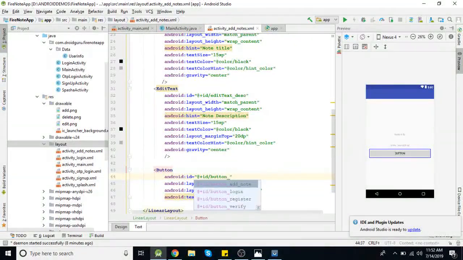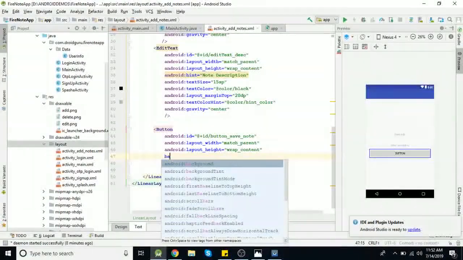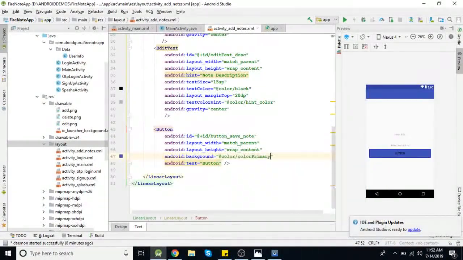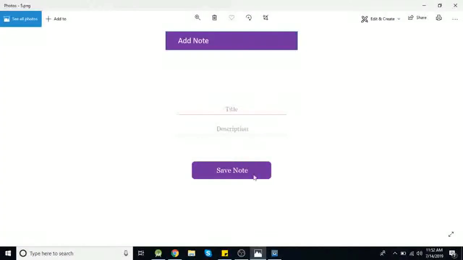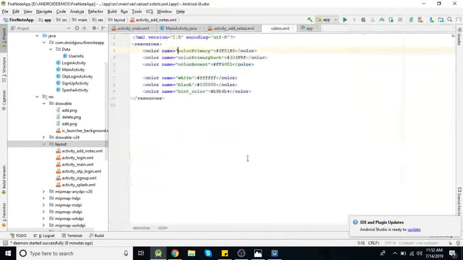Now we require one button, so I am taking this button. Button underscore, let's say save note. Its color will be our primary color, that is we are using blue here. Let's change those colors because in this design it's looking nice, this purple color. So whenever you are using colors from this resource file, you just need to change the color here.